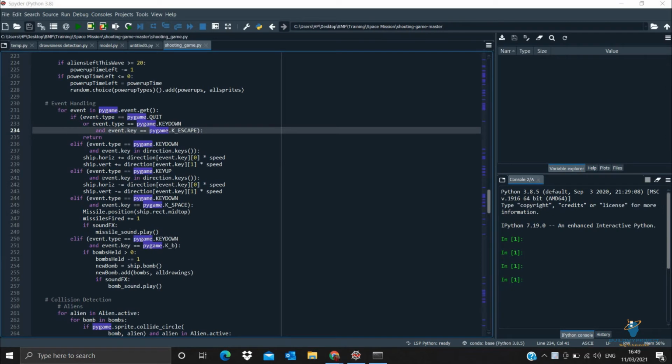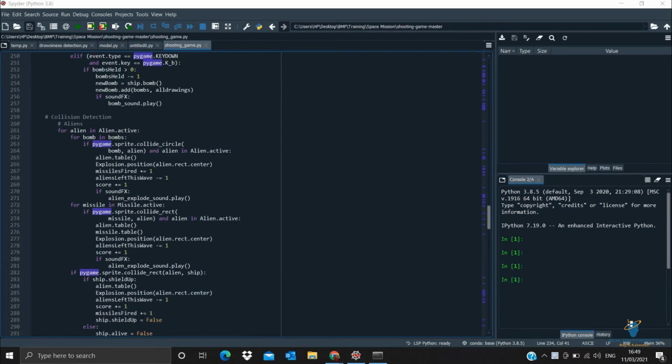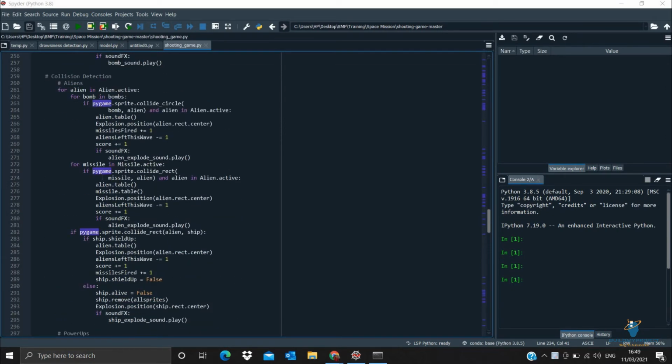Basically we have done with event handling, and now we are going for collision detection, that is in terms of aliens and in terms of our character, and then for power ups. Basically we are giving a new keyword, a new variable, that is alien in alien.active, which we have assigned before, and inside this, collision will be in terms of either bombs or missiles, right?